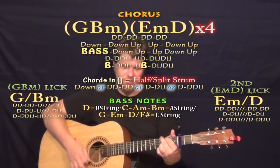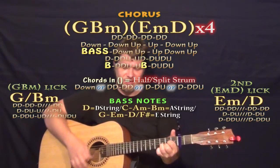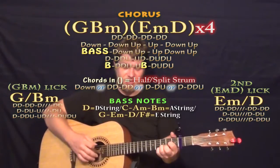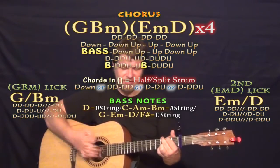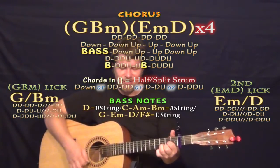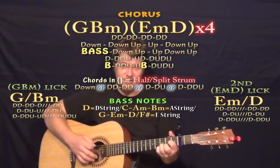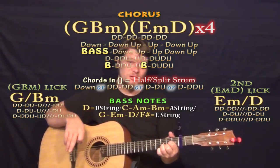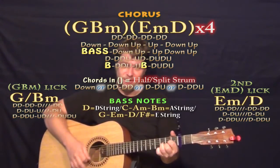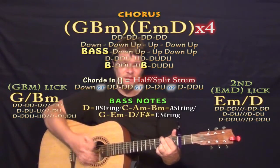So G, down, up, B minor, E minor, down, up, B, G, E minor, bass, down, D, bass, down, G, bass, down, up, B minor, E minor, B, G, E minor, bass, down, D, bass, down, or if you're digging on the 16th, on that E minor D, you may want to do just the bass down, down, up to half those chords. So we have the G, E minor,